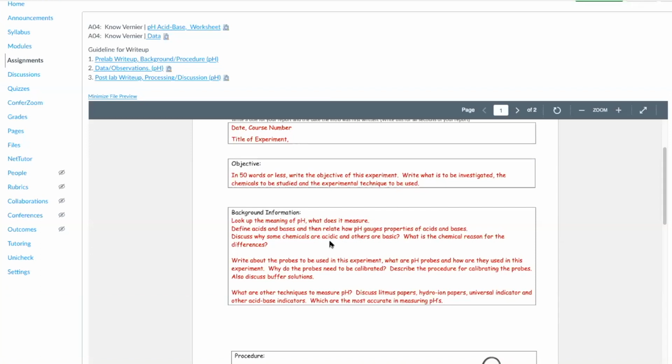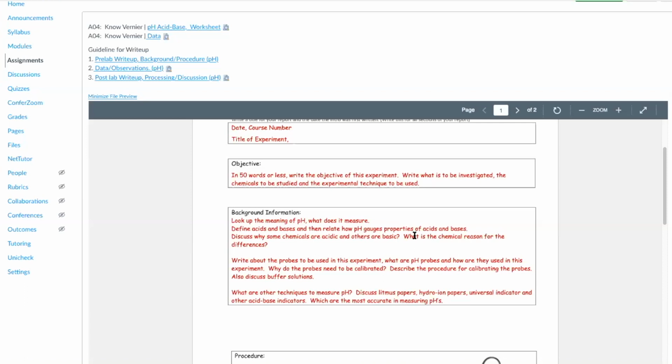You guys should have enough knowledge from general chemistry and Chem 152 that pH measures the hydrogen activity of chemicals. So you guys are going to put that in. You guys are going to define what is the chemical phenomena that causes something to be acidic or basic. And you can use the definition, like the Arrhenius definition or the Lowry-Bronsted definition, that an acid is a chemical